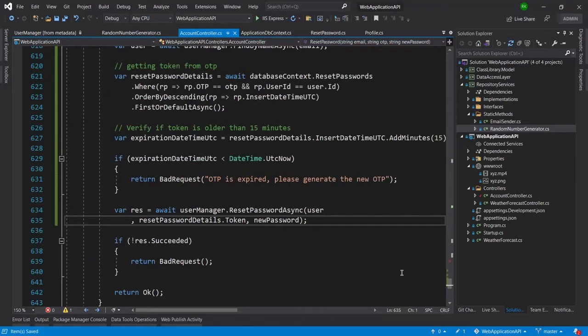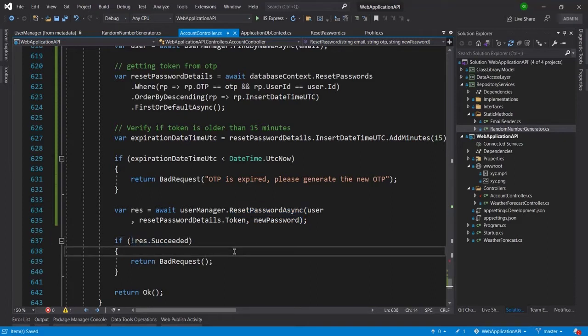If we got success from this method, then I am returning OK. If it is not succeeded, then I am returning a bad request, which means something was sent that is not good for resetting the password.